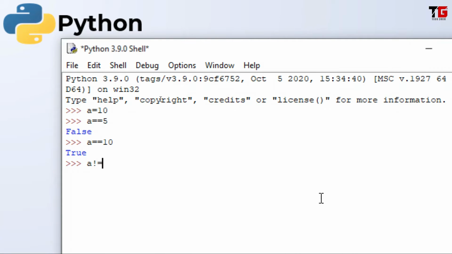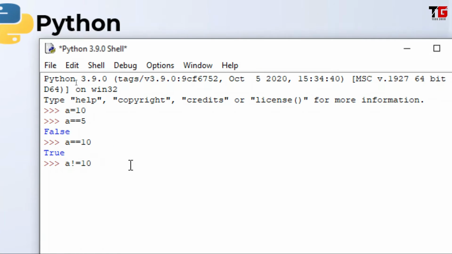And we have not equal to sign also. A is not equal to 10. This not equal to is reverse of this. Right now value of A is 10 and I am checking A is not equal to 10, so I will get false.